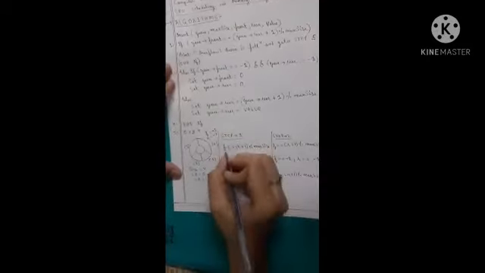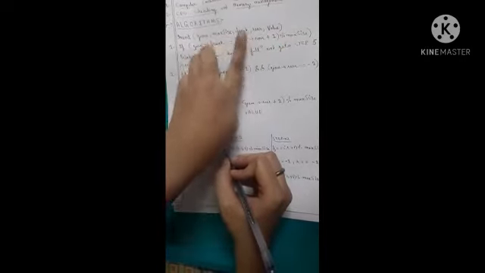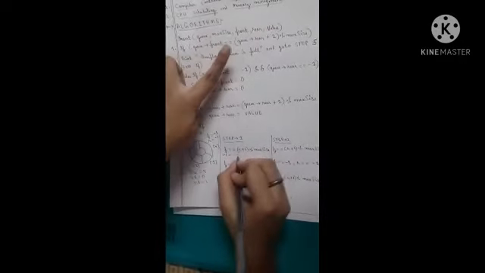So here in the first step, front is equal to rear plus 1 modulus max size. According to this formula, here front minus 1 equals rear minus 1 plus 1 modulus max size. What is the max size?